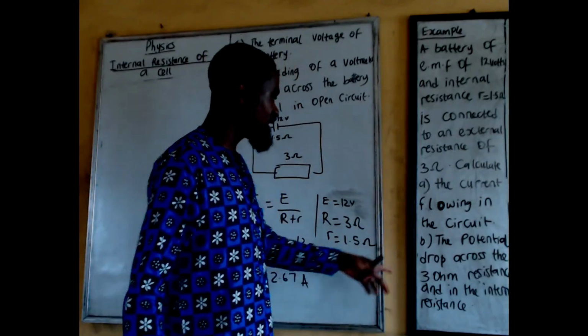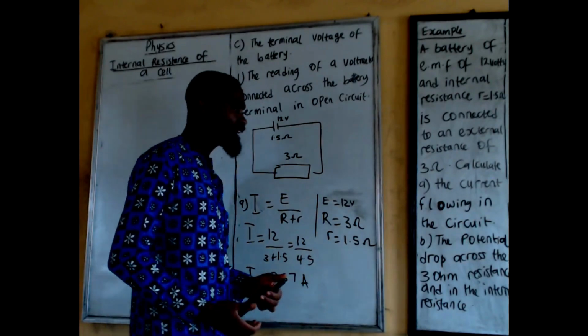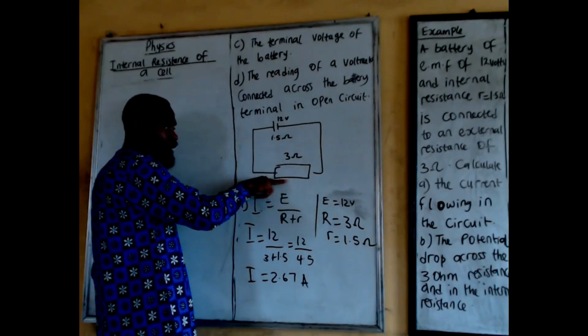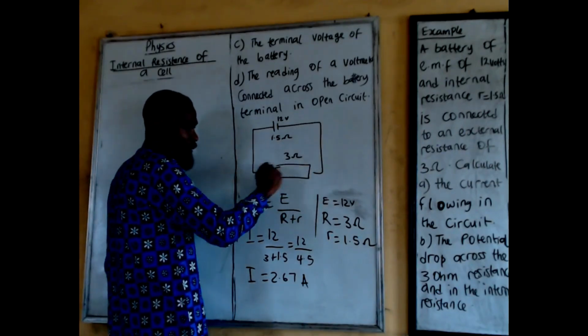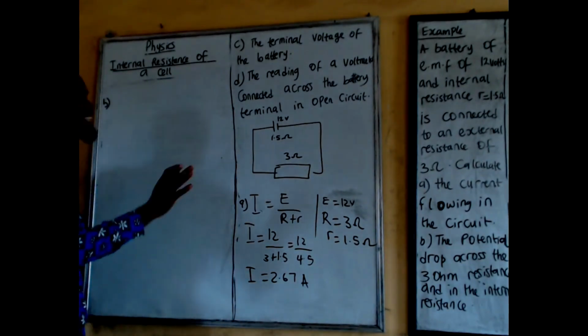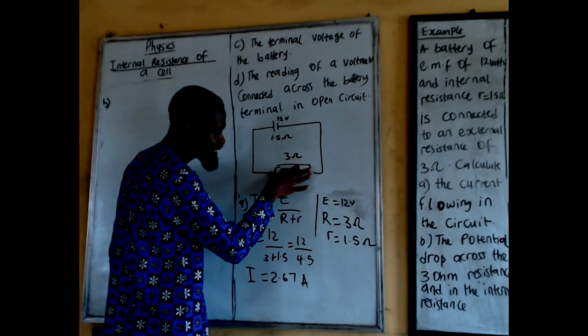Okay, the other part is the potential drop across the 3 ohms. What is the potential drop across the 3 ohms? You are looking at the potential drop in this resistor, the 3 ohms. So you are not concerned about the internal resistance. You are only, the first part is, the potential drop